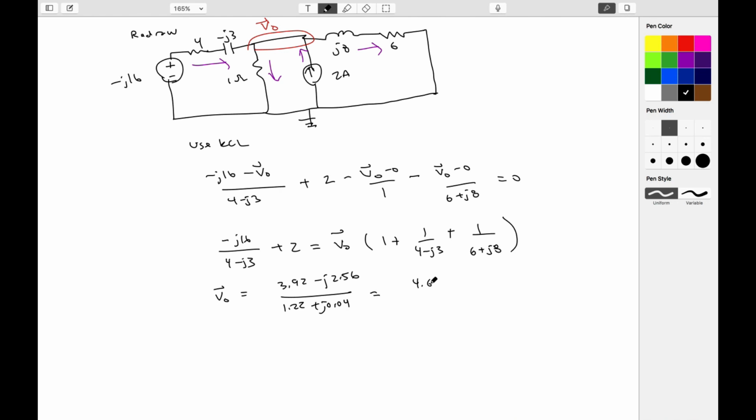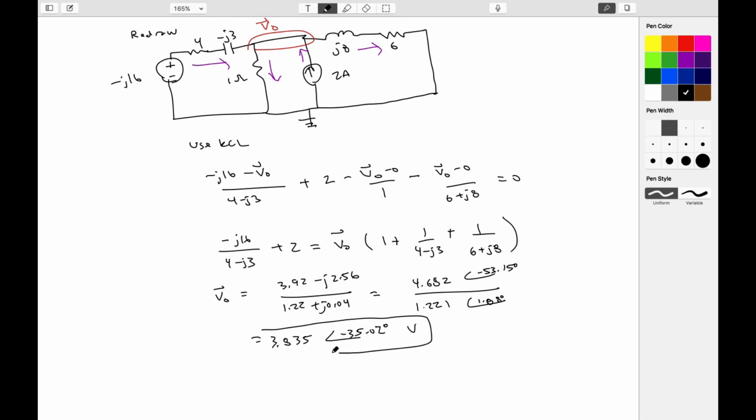Which is equal to 4.682 angle negative 53.15 degrees divided by 1.221 angle 1.88 degrees. Okay, which is equal to 3.835 angle negative 35.02 degrees volts. Okay, so this is our phasor answer,